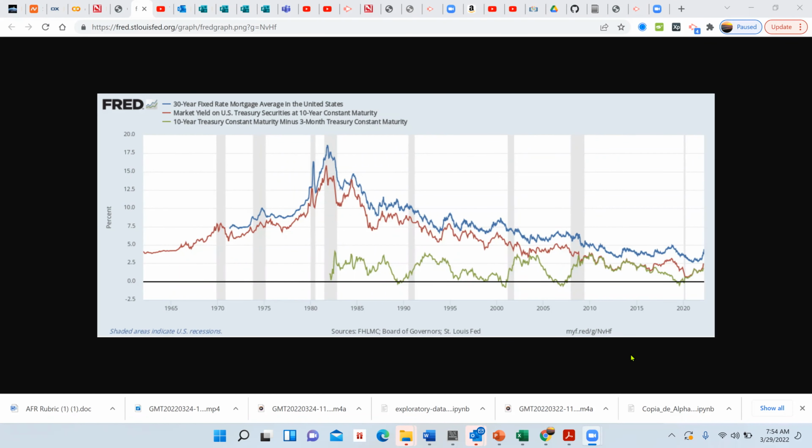30-year fixed mortgage average. This is typically people getting mortgages. You know that there's a fixed and a variable interest rate. You don't know about this difference? I need some feedback real quick. Anybody know? I say fixed, variable.